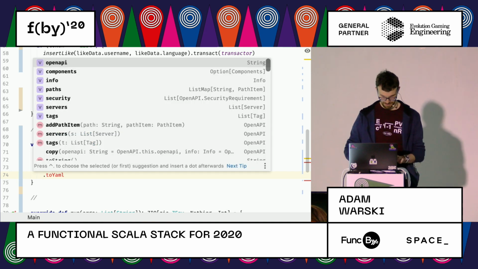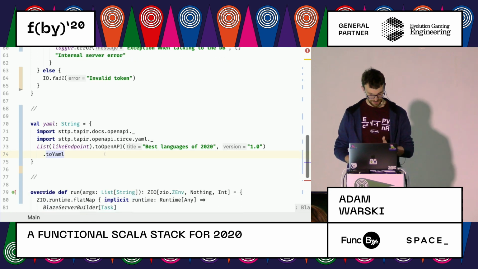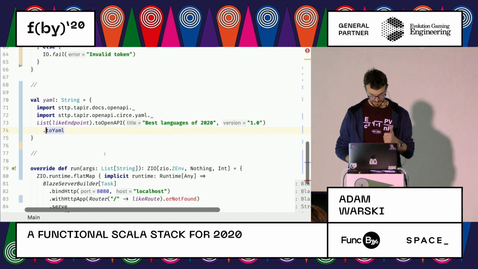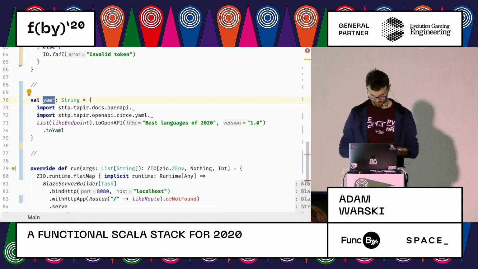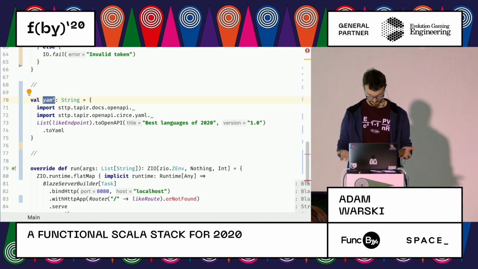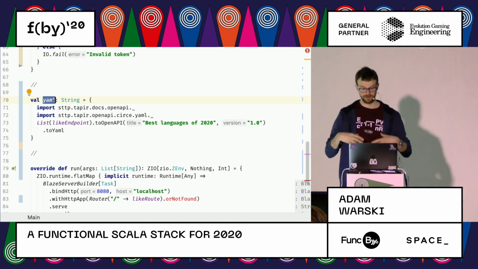Minor detail. Okay, cool, thank you. So we have created our YAML. We still have to expose it, right? So we still need to expose some kind of endpoints, which will... Why is that red now? Whatever. We need to still expose an endpoint which will